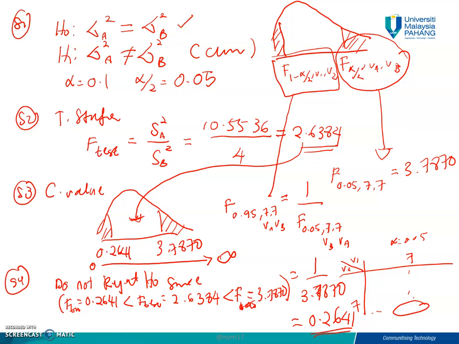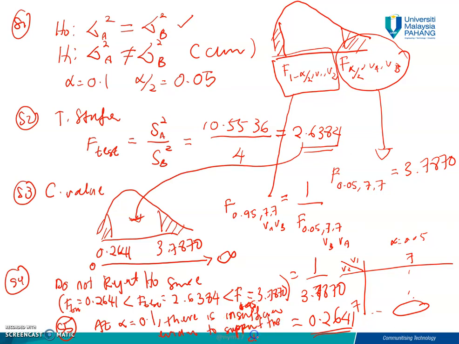So is there a difference in variability or not? So step number 5, you must look at alpha 0.1. Do you have enough evidence to support the claim? No. So you can consider like this. There is insufficient evidence